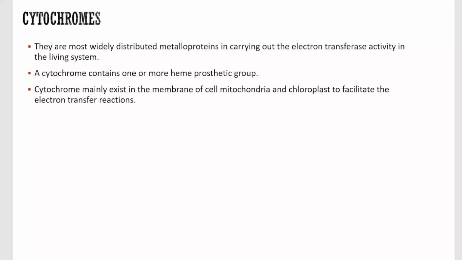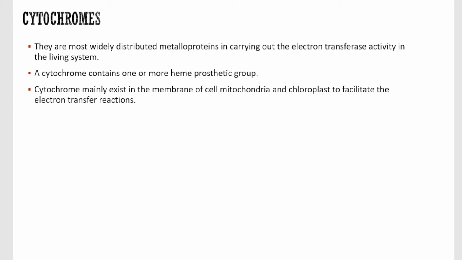So previously we talked about electron transfer proteins and how these proteins are required in different processes like mitochondrial activity, photosynthesis, and how they are important in transferring electrons, like one or two electrons, correct. And under that we also studied one of the electron transfer proteins, that is iron sulfur protein. Next, in this video, we will be studying one more type of electron transfer protein, that is cytochromes.